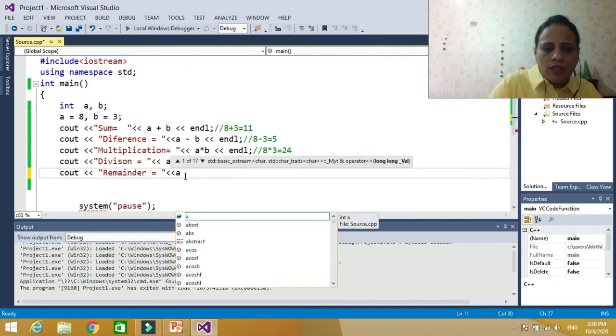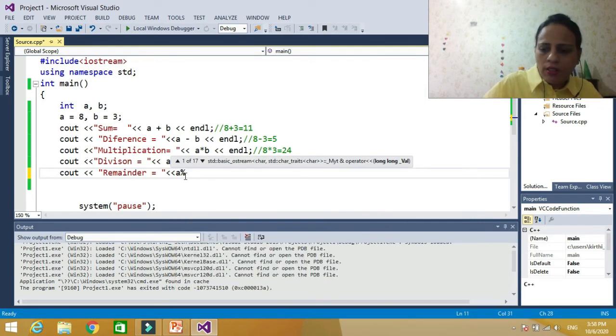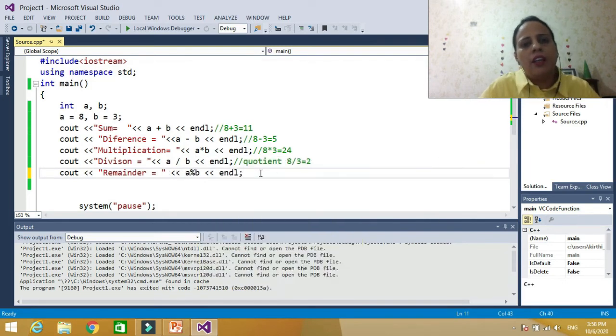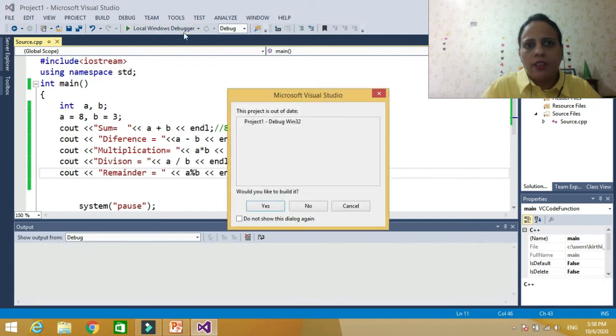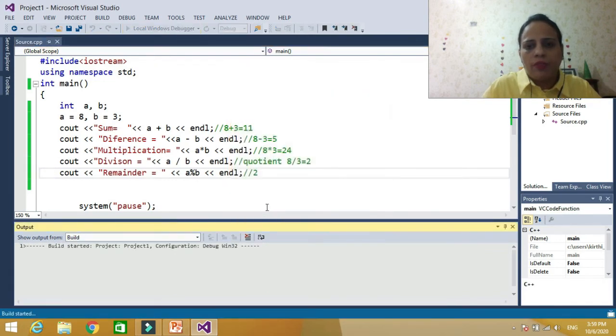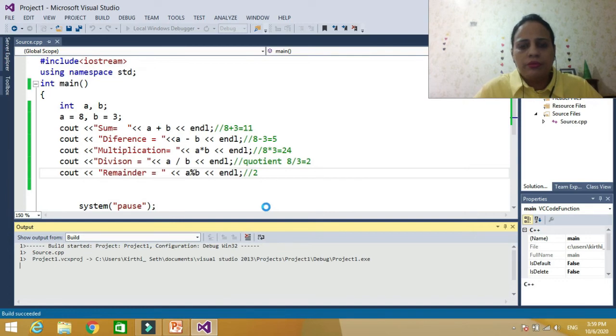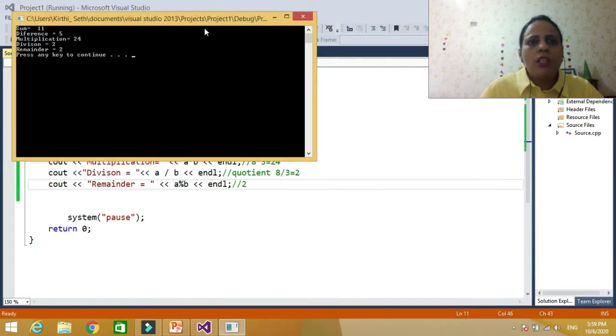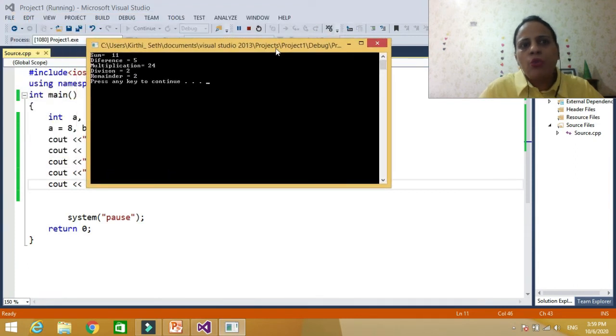So a modulus b, endl, and it should be remainder also 2. Let's run it. See, it is 2. So in this particular case, both quotient and remainder are 2.